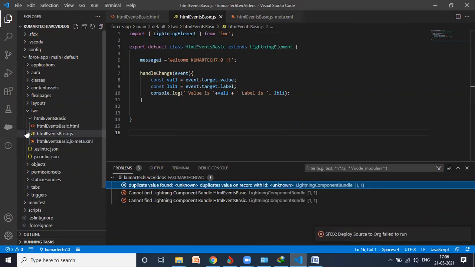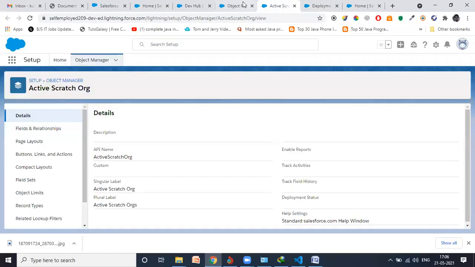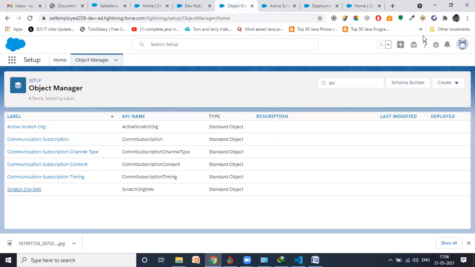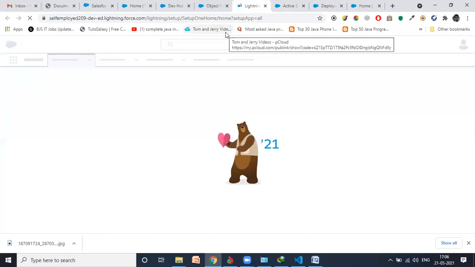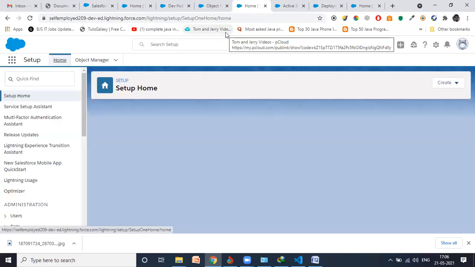I think I already created it in my org. That's why it's showing me the error. Let me check. Sometimes it happens that you already have that component. So for that, I just go here.